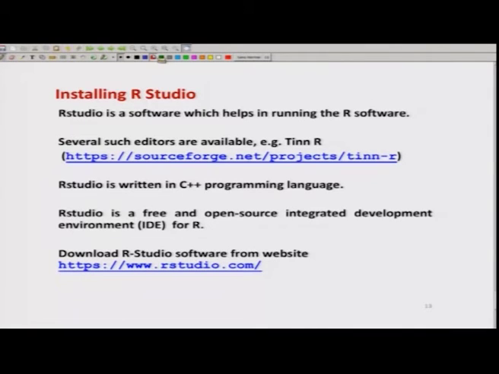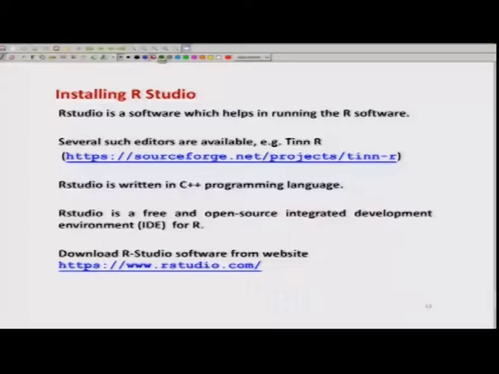After this, I will suggest you to install another software also. Now, we come to another aspect. Whenever we are working with our software, we have two options. Either we can work directly with the R software, and execute the command inside the R software, or the second option is that I can take help of a supplementary software which works inside the R from outside.